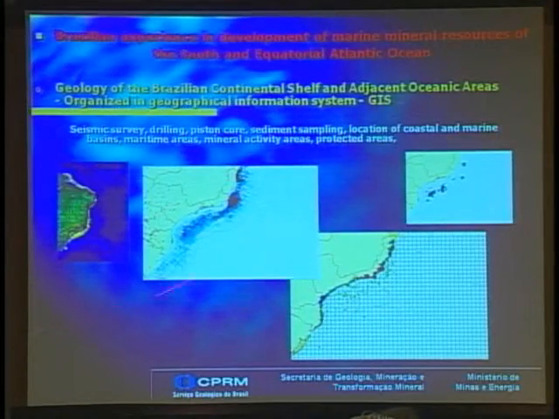So you just plot this specific area and you have all available information, then you can plan for new activities. These include sediment sampling, location of coastal and marine basins, the maritime areas, and also all the mineral activity areas, so you know if there is some activity going on. Also, all the protected areas, because it is important to know where you have protected areas.